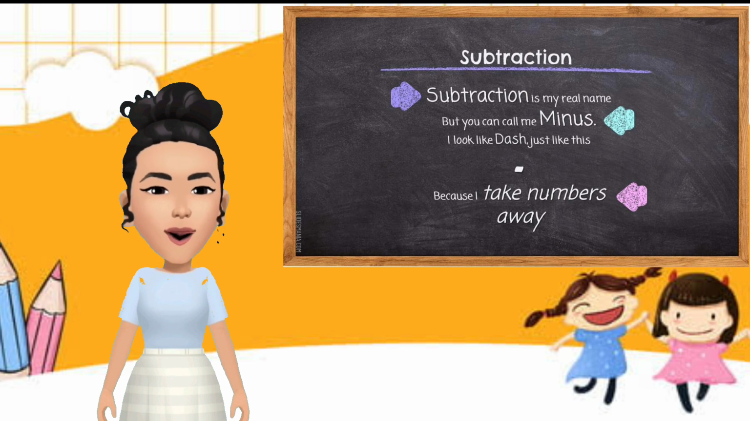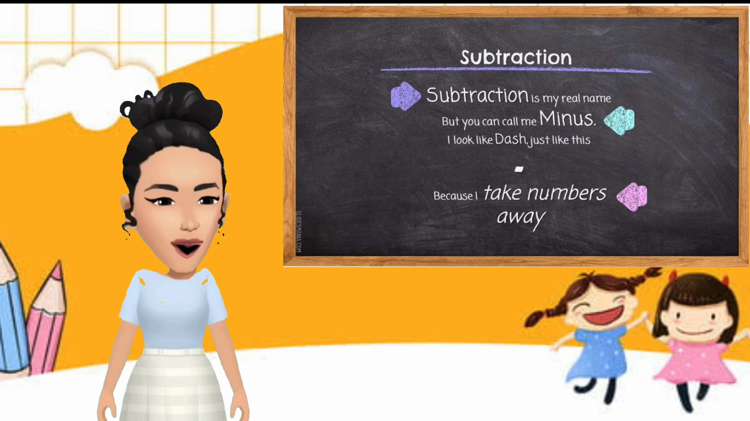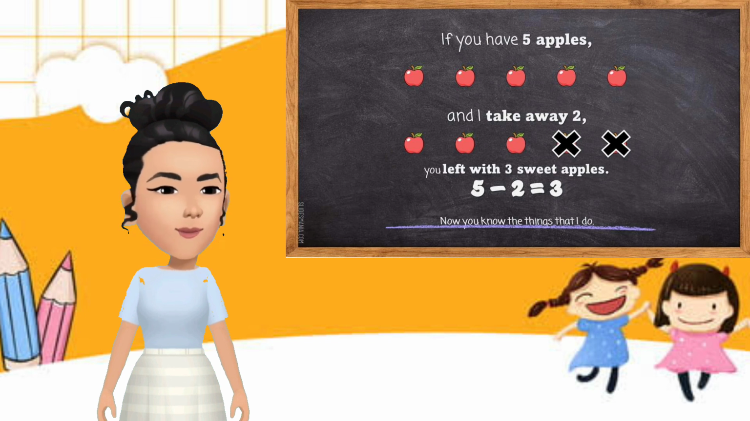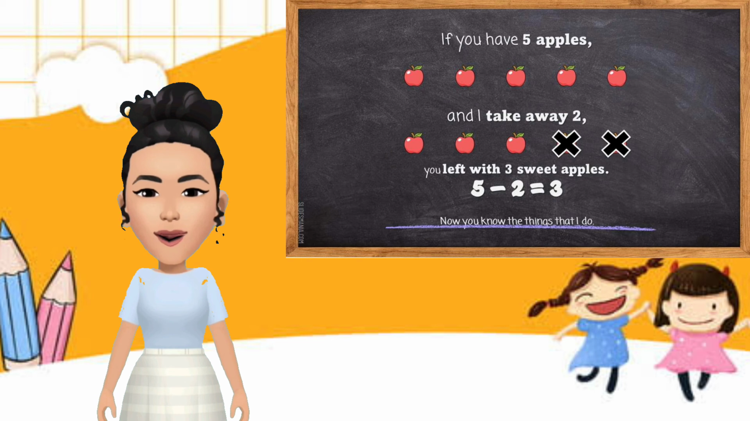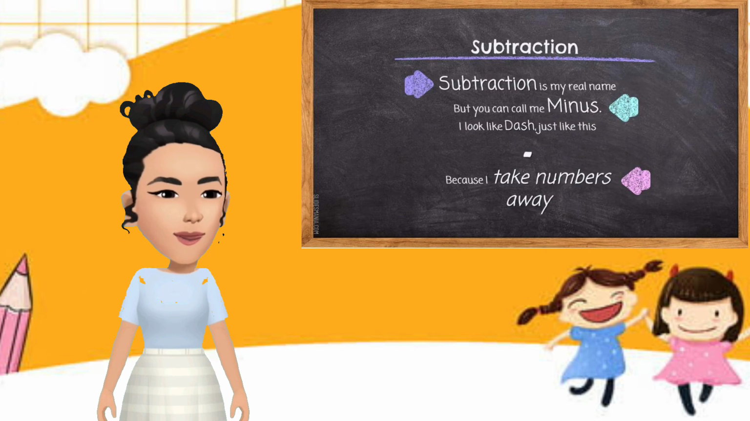Subtraction is my real name, but you can call me minus. I look like dash, just like this, because I take numbers away. If you have 5 apples and I take away 2, you're left with 3 sweet apples. 5 minus 2 equals 3. Now you know the things that I do. Subtraction is my real name, but you can call me minus. I look like dash, just like